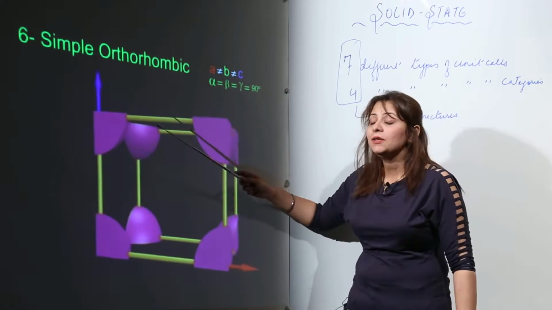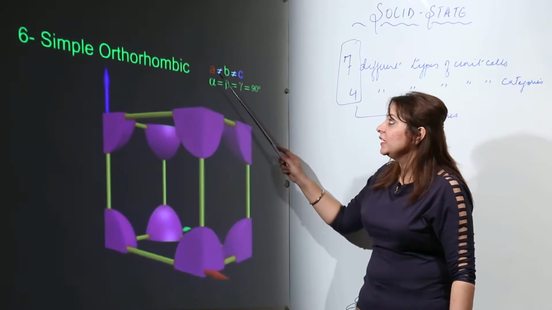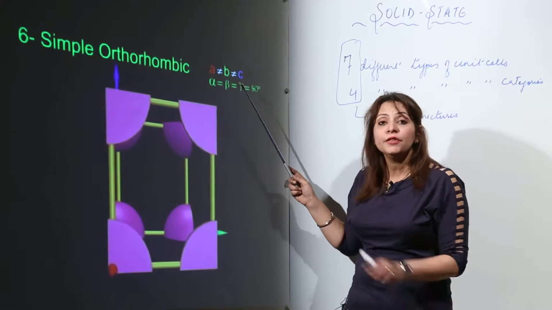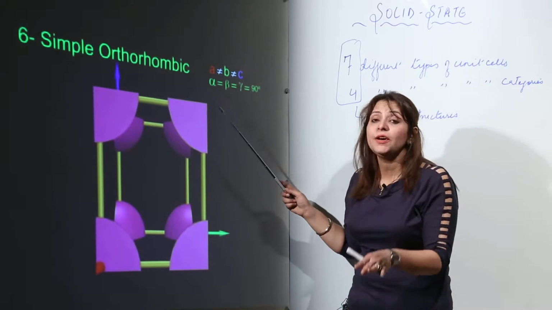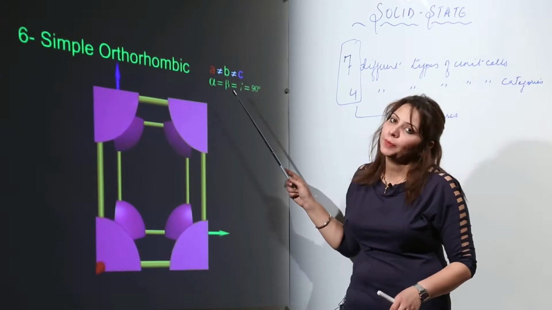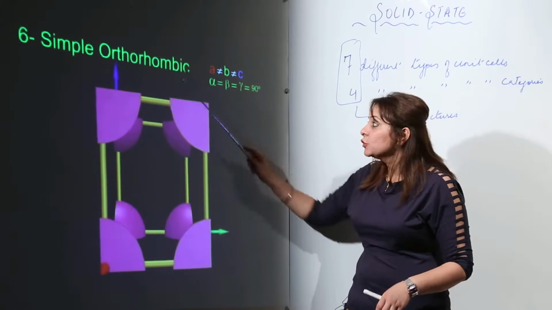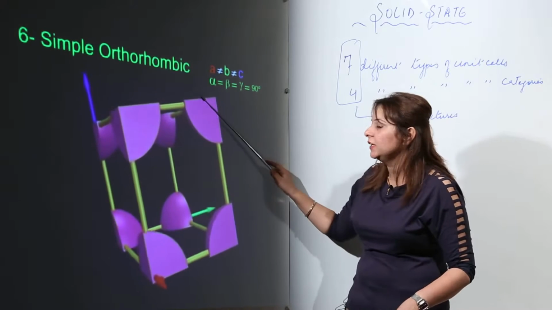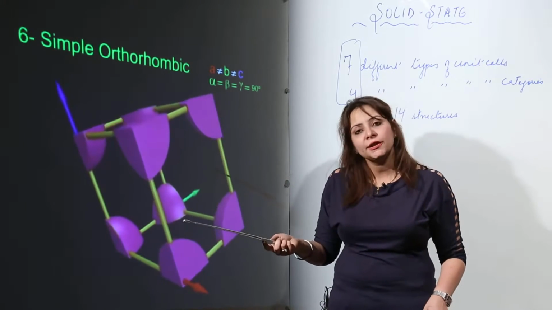But when we talk about orthorhombic, what we get to see is that neither of the sides is equal. That means neither A, nor B, nor C, none of the 3 sides are equal to each other. But as far as the angles are concerned, again they are perpendicular, that is, 90 degrees. So it exists in a primitive form in a similar manner. That means each particle is contributing to again the 8 unit cells.